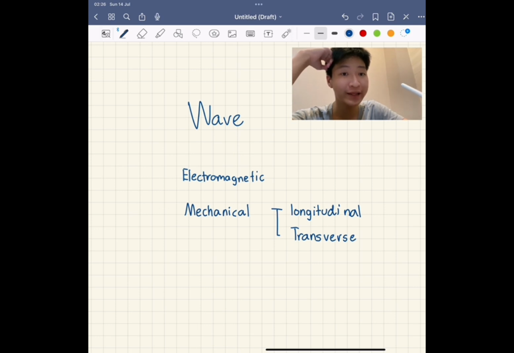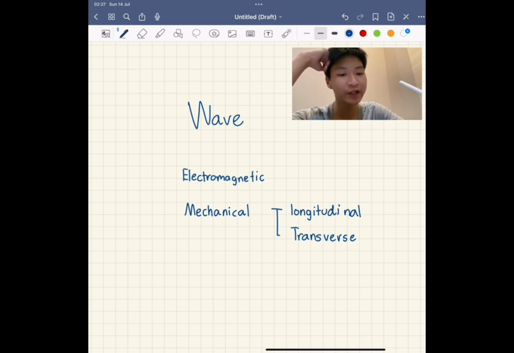And one vocabulary word that is very important and essential in the study of waves is propagation, which is the direction that a wave travels. So waves can be divided into two types: electromagnetic waves, which can travel through a vacuum, for example UV rays, gamma rays, or radio waves. The other is mechanical waves, which require a medium to travel through, and can be divided into two different types depending on how they move.